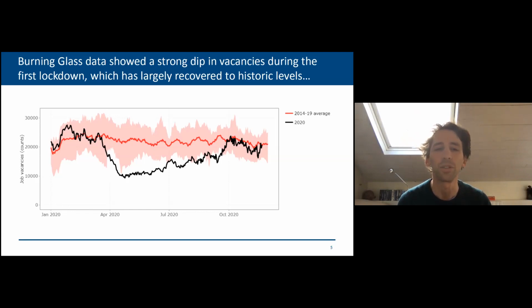And we can see that there was quite a big drop in March and April 2020, but there's been a progressive recovery in vacancy numbers. And unlike what Indeed was reporting via Pavel, actually this data set suggests that the job vacancy numbers returned to more of a historically normal level by late September, early October. So it's quite interesting to see that different data sets show slightly different conclusions. And we haven't seen such a big dip in the second lockdown.